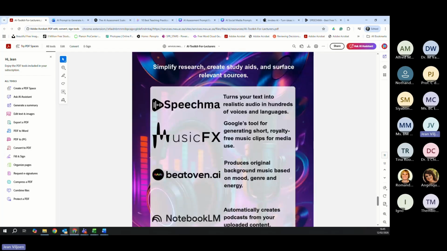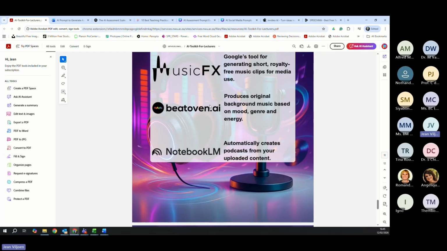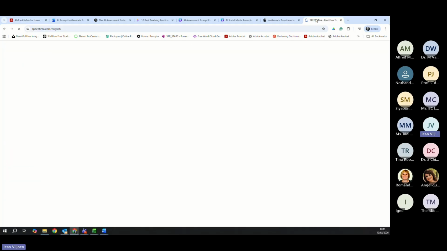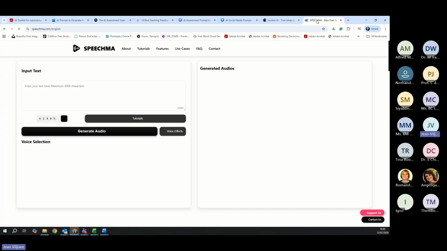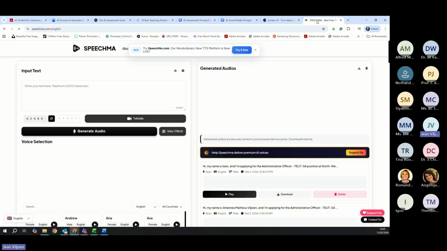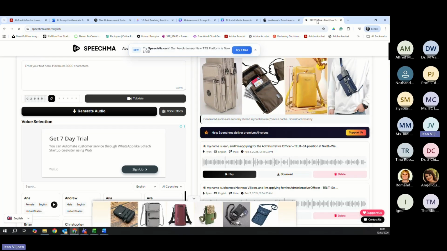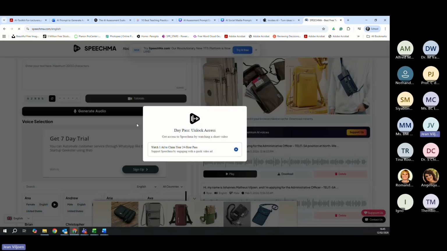So then the last tool I want to talk about is Speechma. So this tool, I feel, is one of the best free tools available out there. Speechma is a tool that turns text into audio generation, audio clips. But the reason why I really,